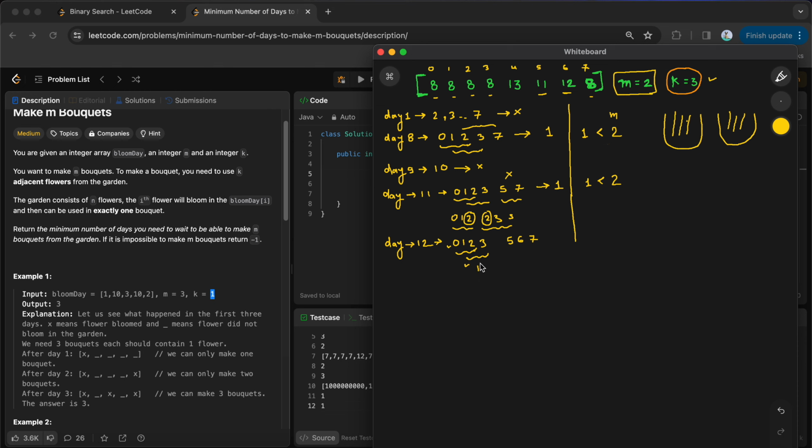Okay, so there is one bucket I can make, and this is also an addition: 5 6 7, so I can make two buckets here. So in this way I can make two buckets, which is our required m value. So basically after day 12 I can make two buckets, which is required in the question,